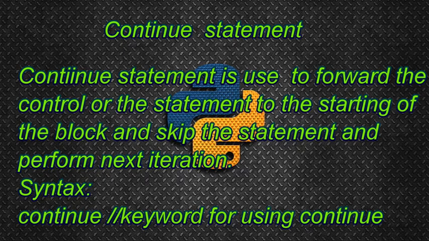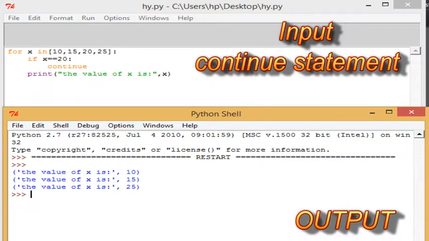The next jumping statement is the continue statement. Similar to the break statement, the continue statement forces the next iteration of the loop. For example, if we are using a continue statement, it will again move towards the next iteration of the loop. So in this case we use the same example so that we can understand it easily. Here we have defined a for x variable in which we are defining a range. Then we are checking that if x is evaluated to 20, then it will continue. So in this case, you will see a difference in the output: when it evaluates to 20, it continues the loop.